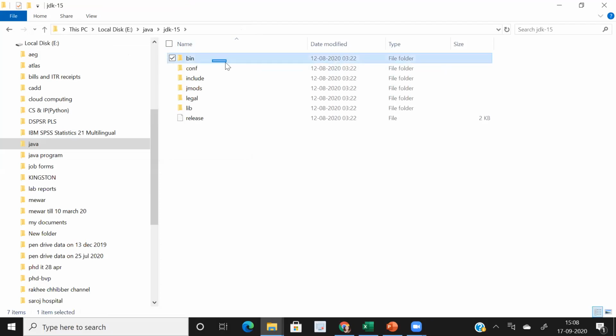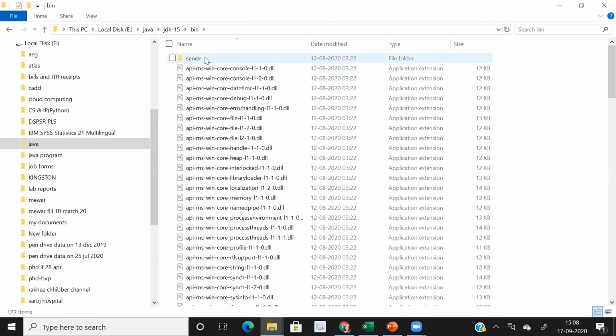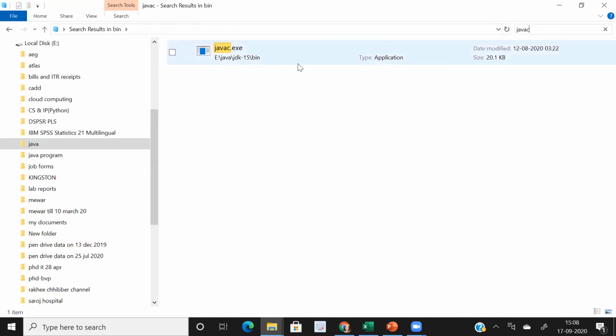So first of all, we have to find the path of our Java compiler. The Java compiler is available, as the name indicates, in C:\Java JDK 15, then bin. So I will search javac. You find it, javac. This is the path which I need.